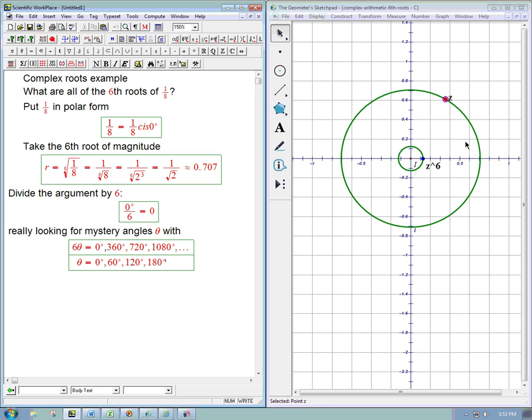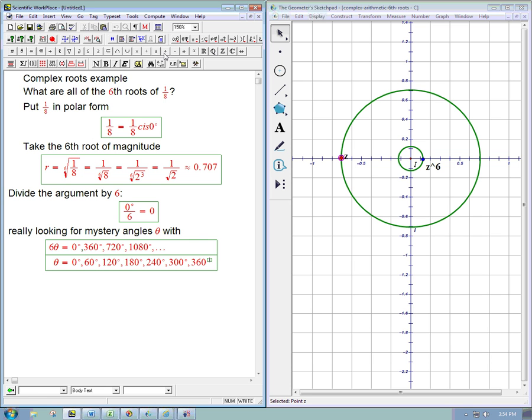180 degrees is this one. That's because we know that minus 1 over root 2, if 1 over root 2 cubed is 1/8, which is what this calculation is about, then minus that to an even power is going to give the same thing. So that's why the 180 degrees works. And then keep going, 240 degrees, and 300 degrees. Now we can see why it stops, because if we just kept going blindly, we'd get back